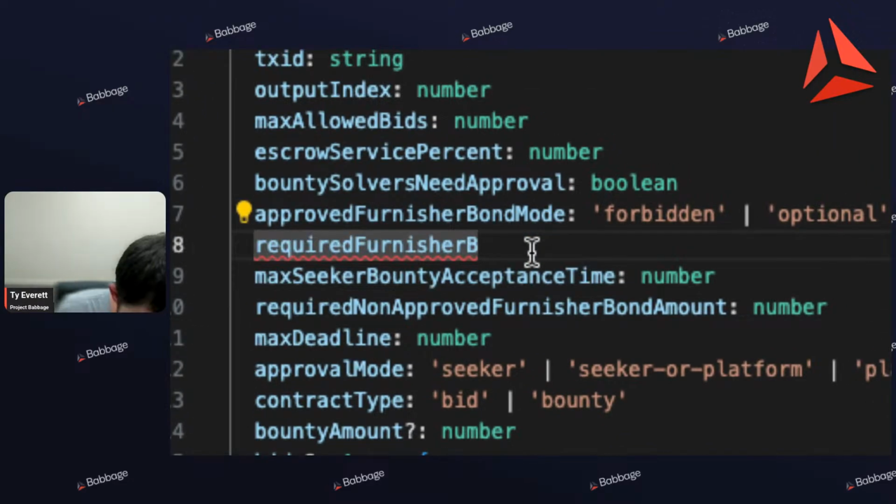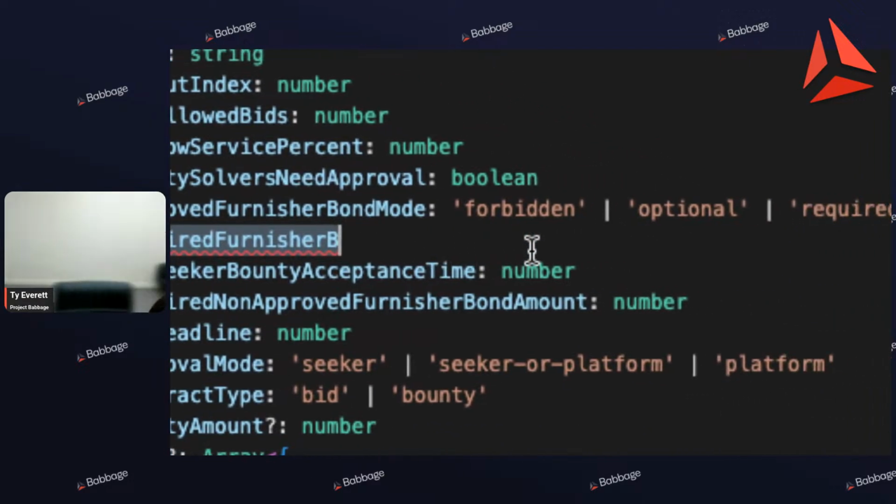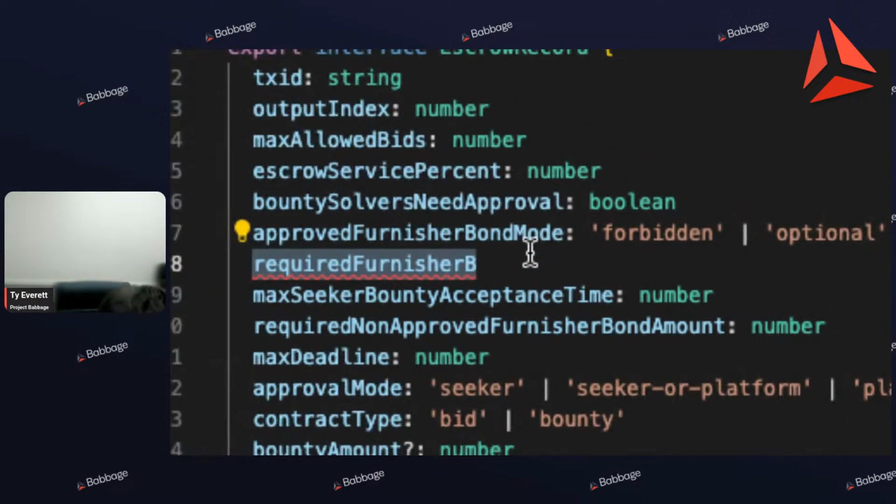I'm thinking this could be unified with the other parameter. We got the acceptance time. We got the